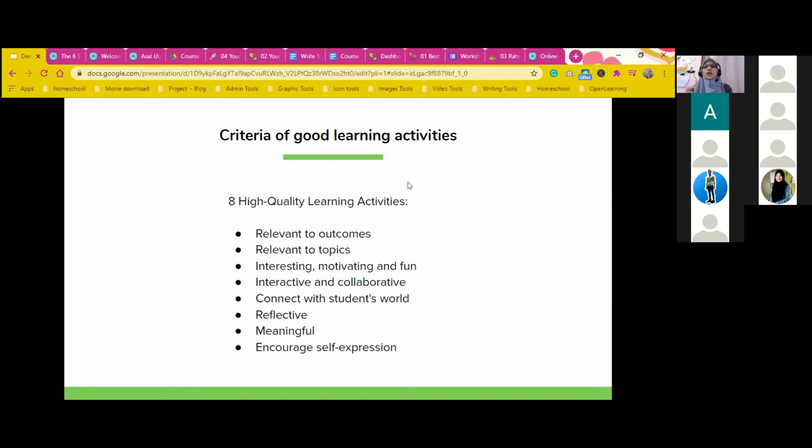And collaborative means not just the students share, the other students can actually go and maybe give review or feedback to that student. And then you want the activity to connect to the students' world. Sometimes when you don't connect to their world, they don't know why this activity is important and they don't see why it is interesting. And then you always want the activity to be reflective. So always get your students to reflect